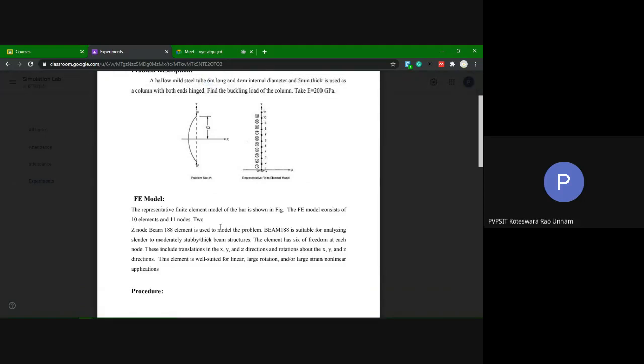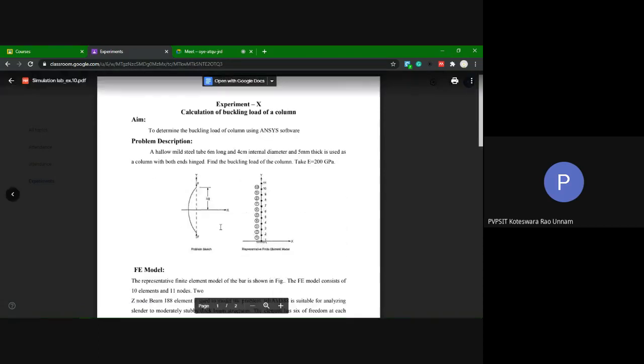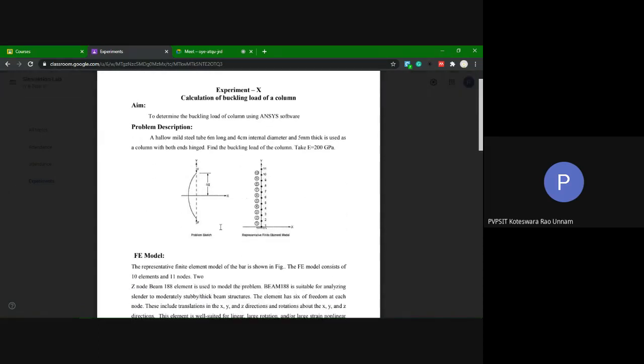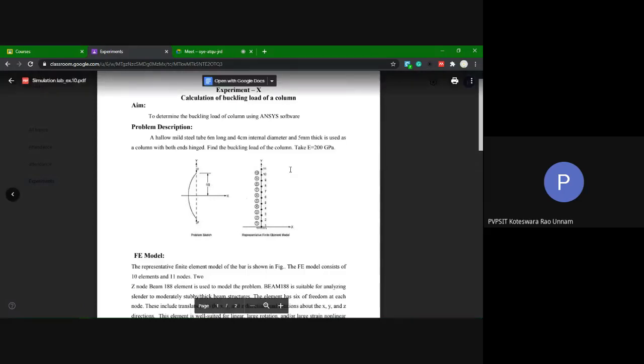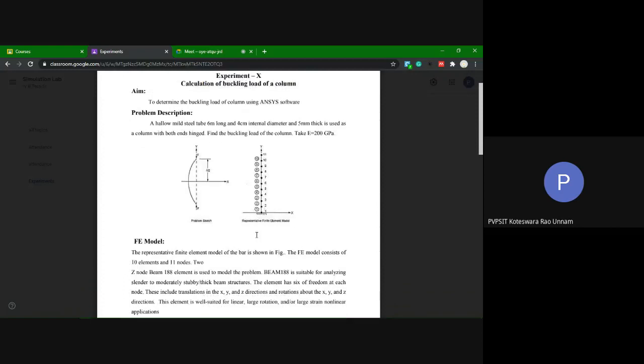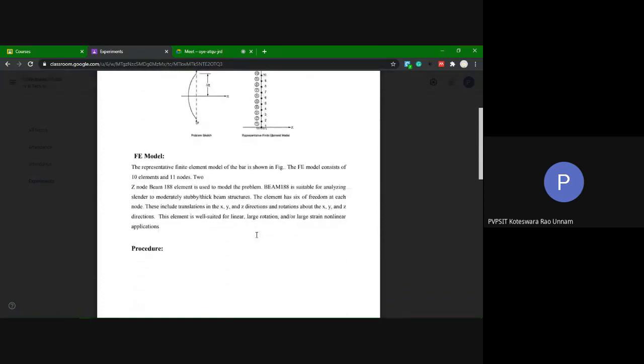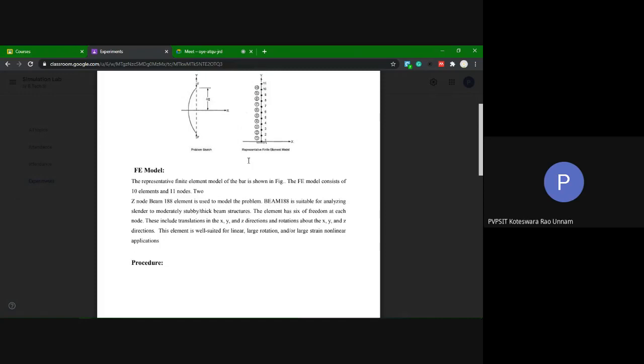In order to calculate the buckling load using the software, first we need to solve the static analysis. Then we'll make use of the results of the static analysis to find the buckling load. Also, one more important point you need to remember is, the software won't give you the buckling load directly. It will give the buckling load multiplier. Then to compute the buckling load, you need to take the applied load and multiply it by the load multiplier, so that you will get the buckling load.